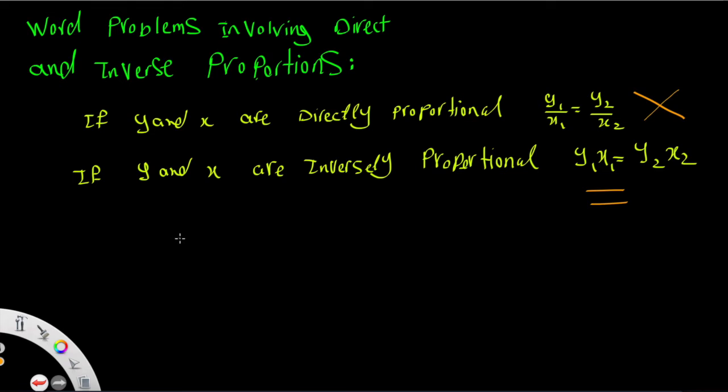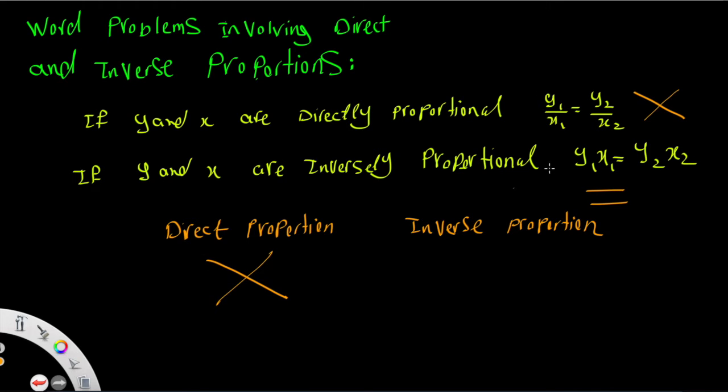So I would like you to remember these two symbols as the symbol of direct proportion and the symbol of inverse proportion. The symbol of direct proportion is this cross because of this cross multiplication, and the symbol of inverse proportion is these